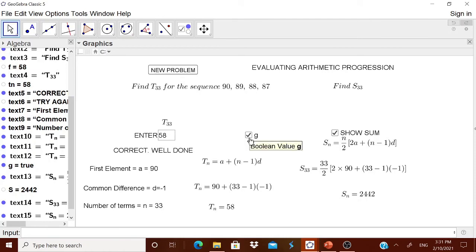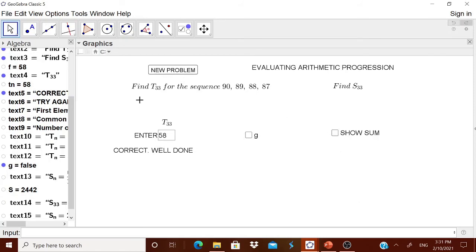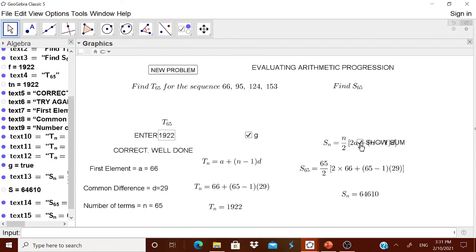Okay, now what is the advantage now? You can have a new problem. You see, problems is being created. Now a child has to enter the number. Now this is the left hand side. I am just showing it to you. It will not be shown to the children. Therefore, a child, if it comes and then writes here as 1922, then only you will get correct as an answer. Okay, similarly, we can have that entry for sum also.